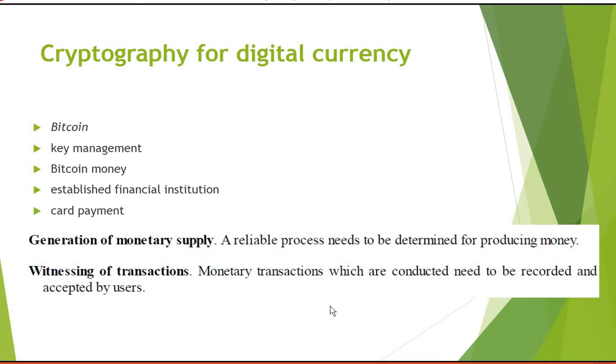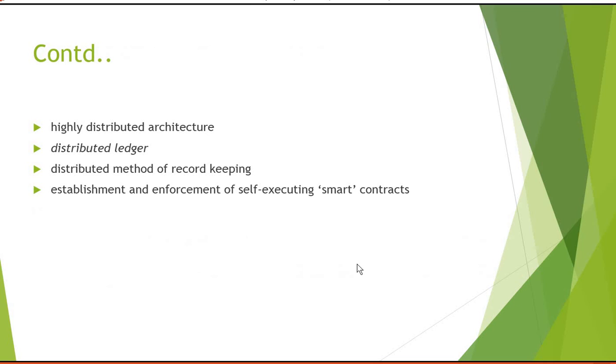Okay, so the second important characteristic is witnessing of transaction. What transactions are happening between the sender and receiver has to be recorded. And if you receive money, you have to accept that you received money. You should not say that after receiving the Bitcoin, I didn't receive. It's like in PhonePe, after transferring money, if somebody says I didn't get money, how will you feel? You will feel cheated, right? So it should not happen. That is non-repudiation, nobody will entertain that. So the digital money transfer houses should provide us that facility.